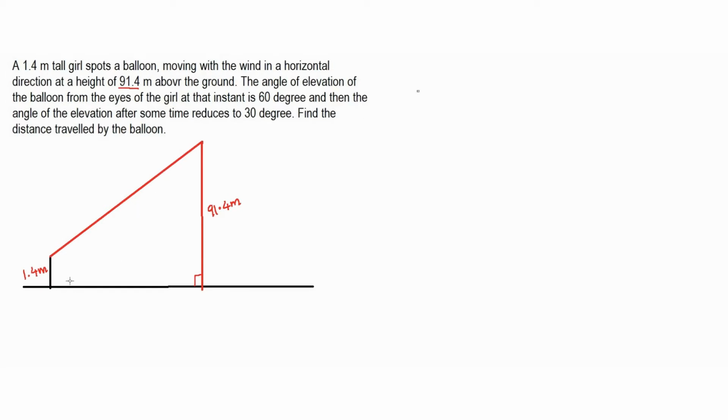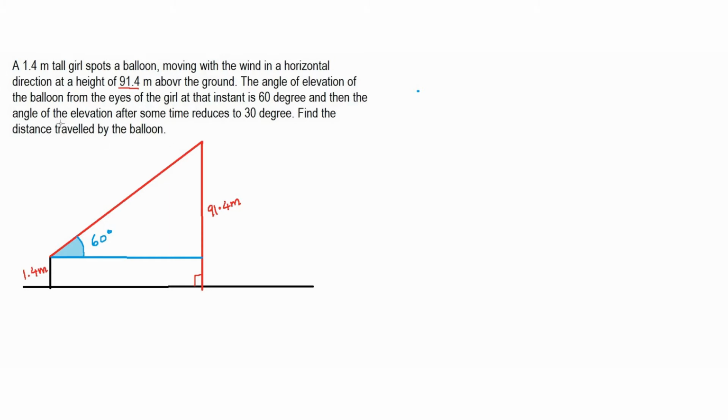So if I were to draw the normal line of sight, it is parallel to the ground. So it is now known that this particular angle was 60 degrees. This is the angle of inclination. So this particular angle was measured to be 60 degrees. Now the balloon is moving horizontally. That means either the balloon will move to the left or the balloon is going to move to the right. Now we have to find out whether the balloon is moving to the left or to the right. Now let's read and let's see what is given.